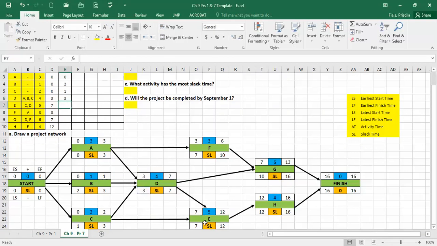And then my latest start for E is 7. Make sure you don't get that confused. That's why it's important, you have to label all of them. Latest start for F is 7. Latest start for G is 10. And latest start for H is 12. Correct? And now